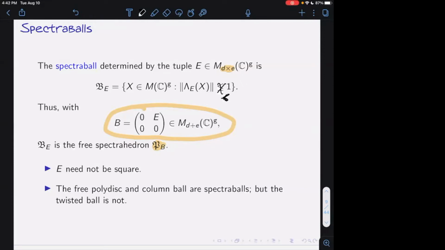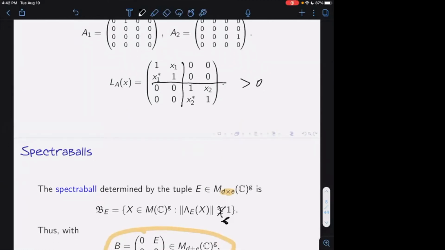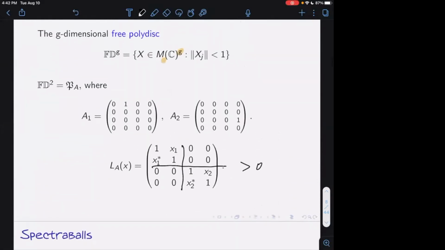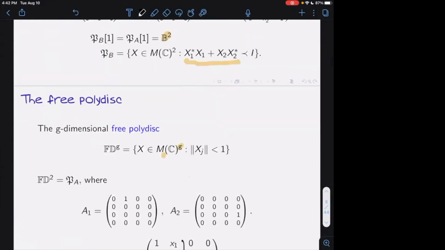You're just asking that this linear polynomial lambda E evaluated at X should be a contraction. And so here, of course, E doesn't need to be squared. If you go back and look at the previous examples, it's not hard to structure. Here we can rewrite this a bit, but I think it's fairly clear that here, when you're looking at this pre-polydisc, that's a